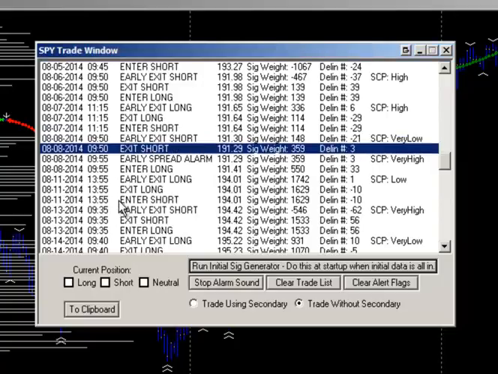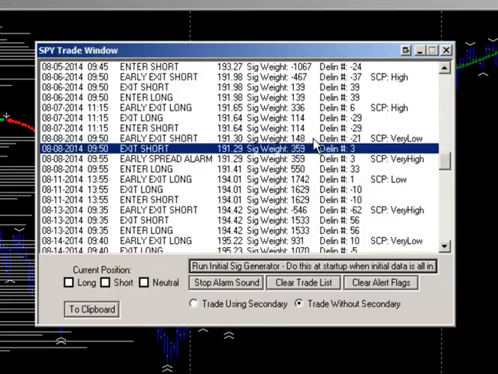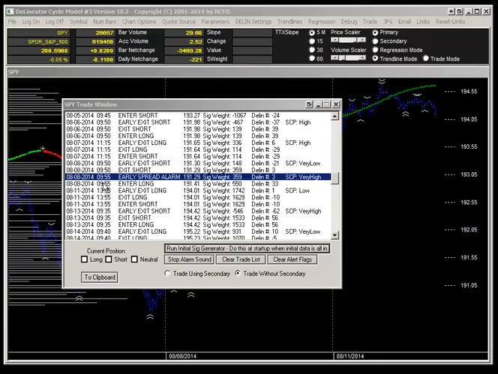So then at 9:50 the signal confirmed. The slope change up confirmed, the exit short confirmed, and it gives us the price, 191.29. We can also see that the signal weight had risen a little bit here. And notice here that the Delin number is only +3. Remember, the Delin number, which is the value of the slope, has to be greater than +10 to confirm a long signal. So during that next bar, from 9:50 to 9:55,